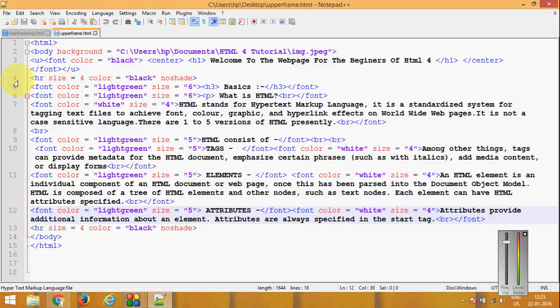This font tag I have used many times to emphasize the text. Then after that, attributes, font close, font color white. Please note that I can also do that: the font will begin here and end there, but it will